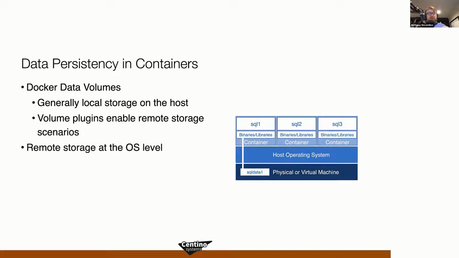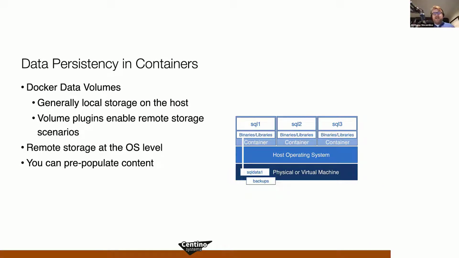Now, what you can use Docker data volumes for, in addition to data persistency, is I could also pre-populate content. I could put backups inside of these directories or inside of a volume, or I could put database files inside of a Docker data volume and expose that into the container and either run a restore from it or attach the databases.